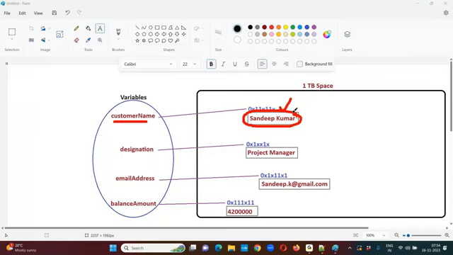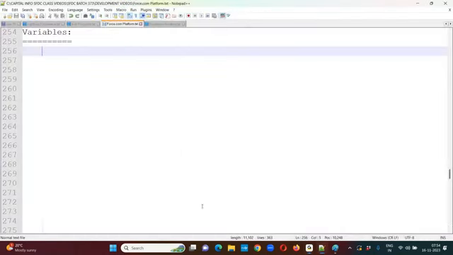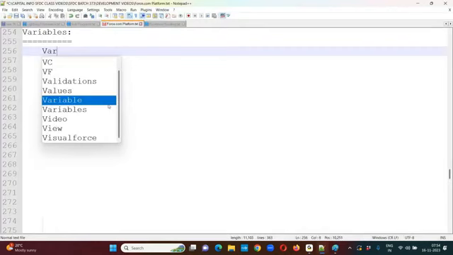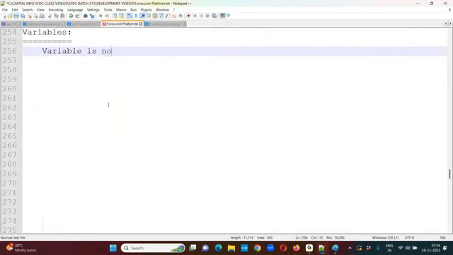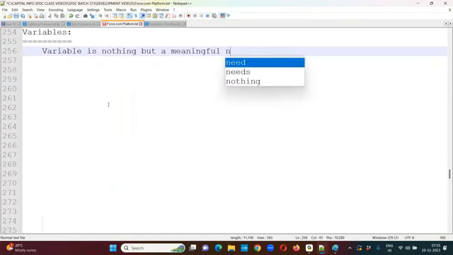Now, in this case, how can we define variables in Apex programming? What is the syntax we follow? Let me explain. Okay, clear up to this one? Now, make a note of this: a variable is nothing but a meaningful name